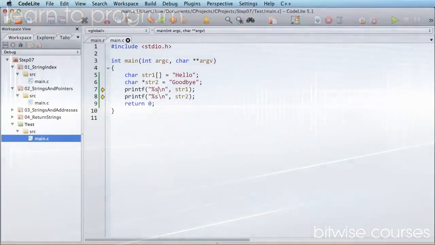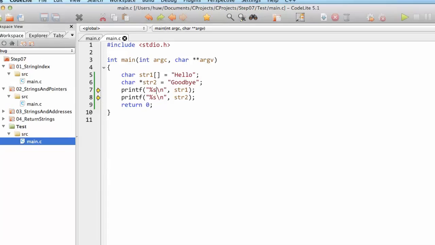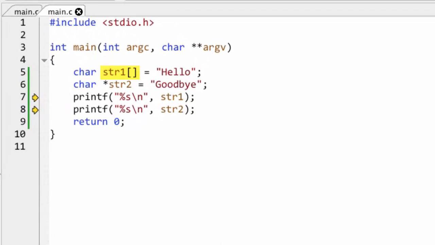In C, I can declare and initialize strings either by placing a pair of square brackets after an identifier or by preceding the identifier, that's the name, with an asterisk or star like this. Now at first sight, these two declarations appear to be more or less equivalent. Each is initialized with a string, and I can display that string using printf, as I've done here,